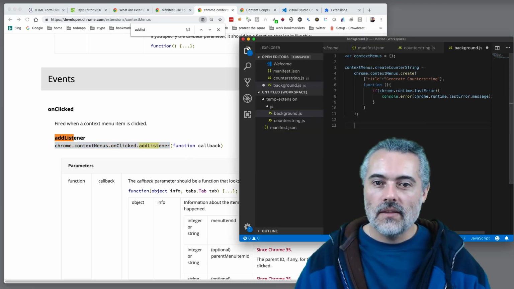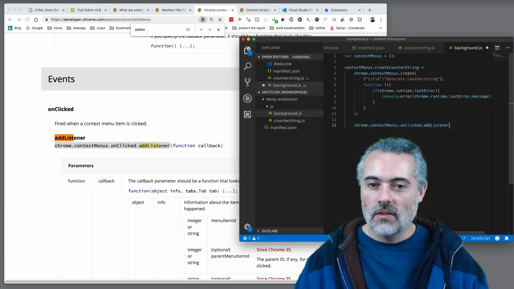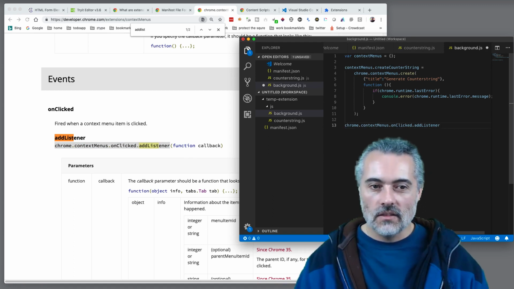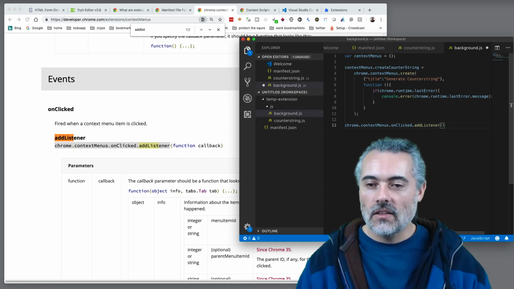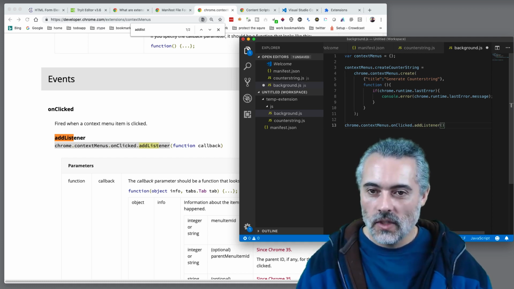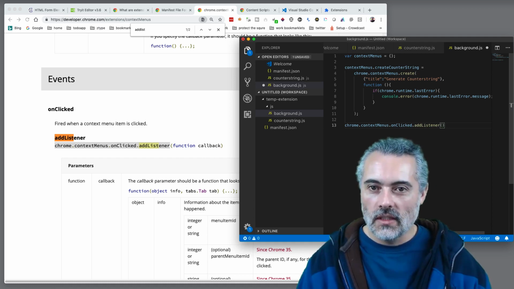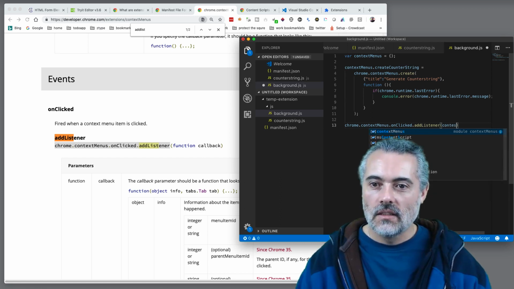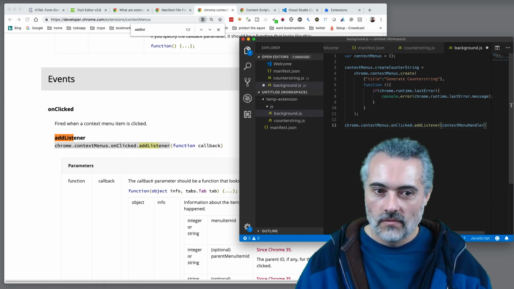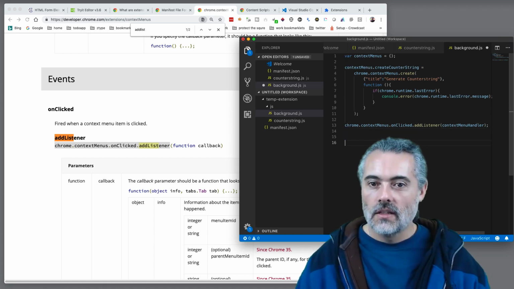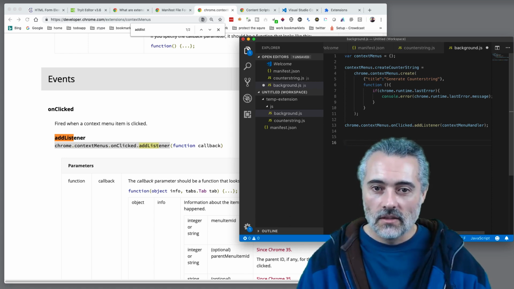So I'm going to say, all right, we've created our menu. I want to add an event listener to any of the clicks, and when you receive a trigger, I want you to call the context menu handler. So I need now to create a context menu handler. So function